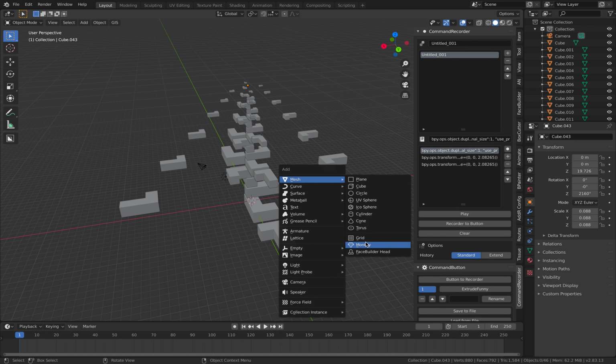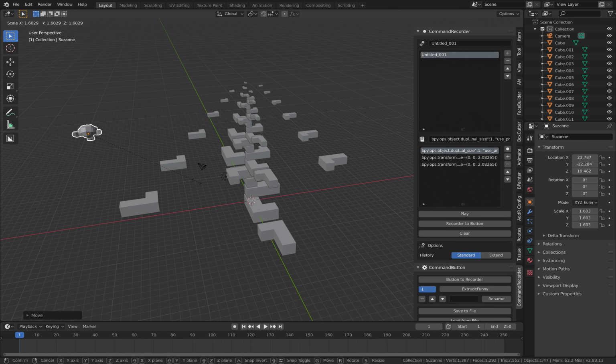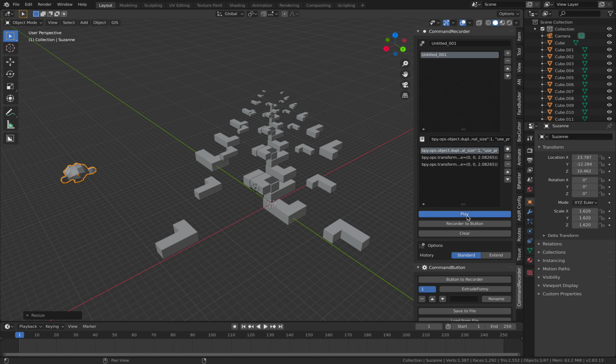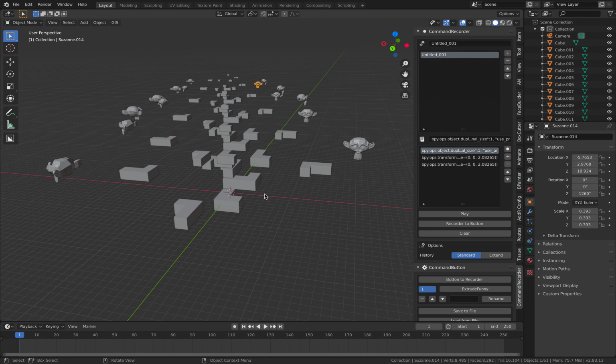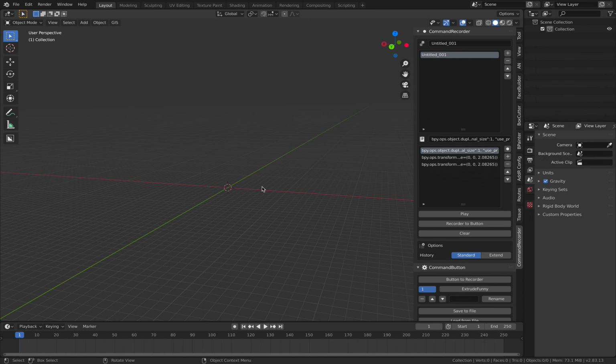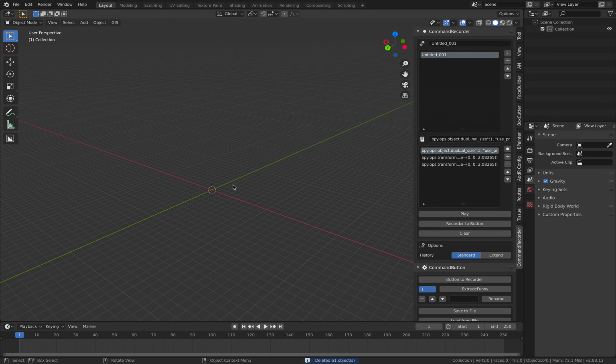So let's try on the monkey head, for example. Put it there, hit play. Right, so it's always looking at the pivot at the center of the world, which is interesting. Anyway, so another example is